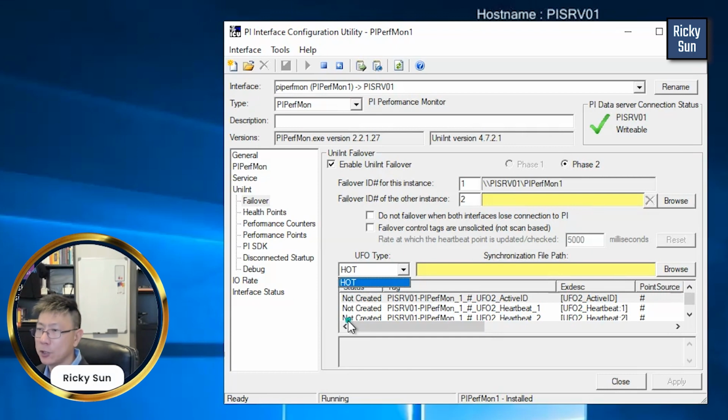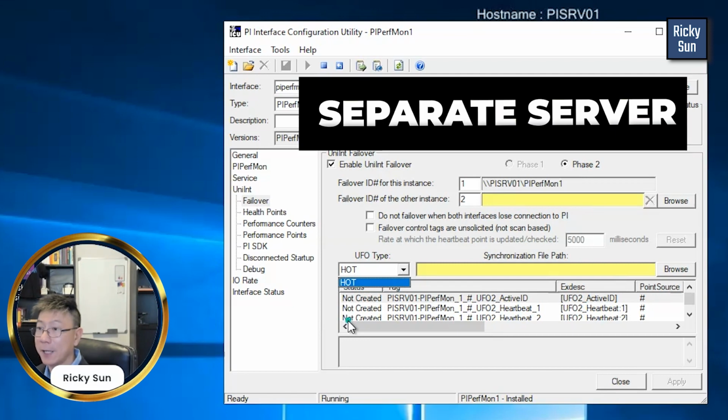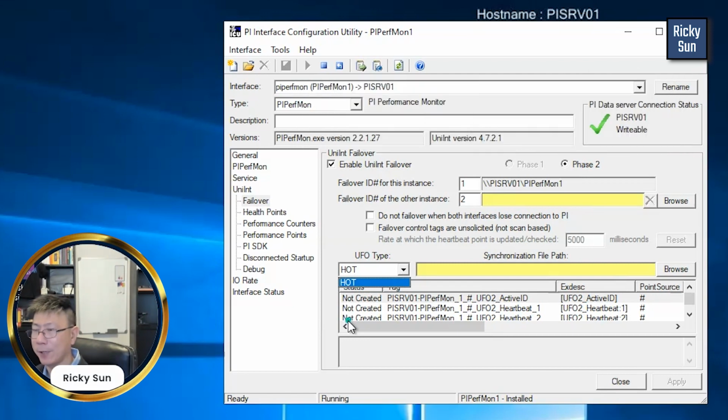Another important thing for failover configuration is the synchronization file path. These paths should be, and must be, on a separate server that is not your primary or the backup. Sometimes my client suggests putting the synchronization file share on the primary or the backup, but it doesn't work that way.